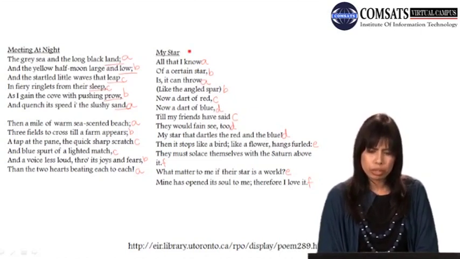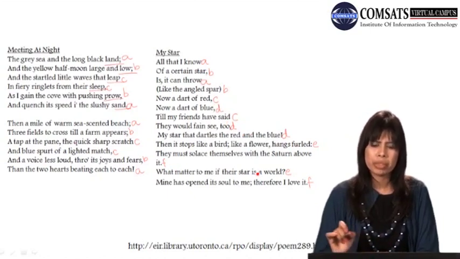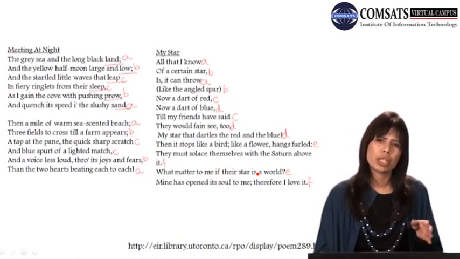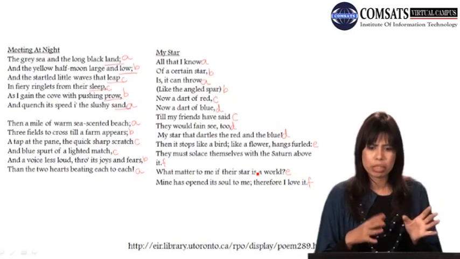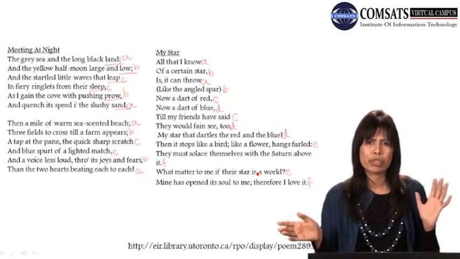In the first one, if we take a start here, this is A, B, A, B, C, D, C, D, D, E and F, E, F. Okay, so this is the rhyme scheme of the poem My Star. So you'll have to check the symbolic significance of the poem as well, because this is history of English literature